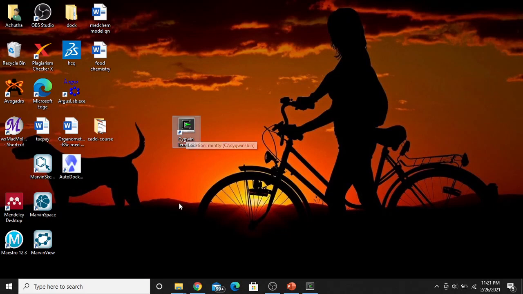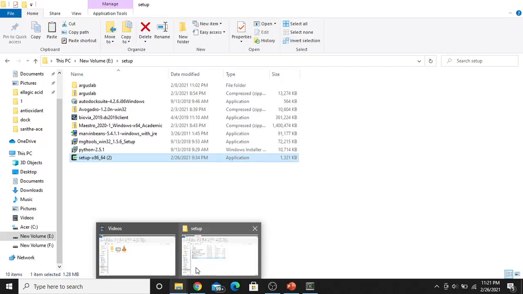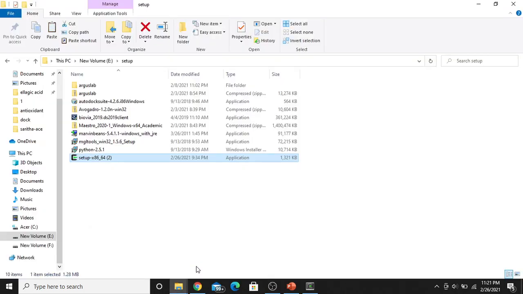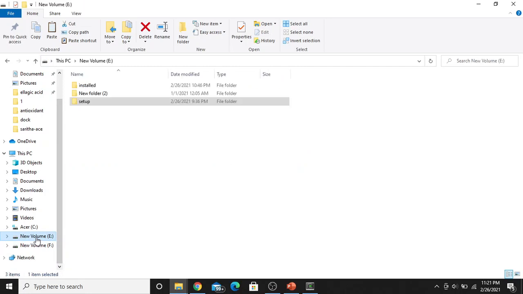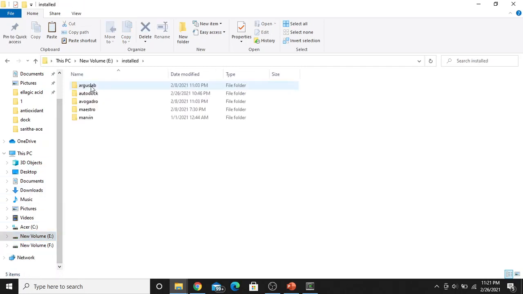Now before proceeding to Cygwin, you need to copy the AutoGrid and Autodock application files to your working folder. For that, you go to the drive where you have installed Autodock. I have installed it in E. Inside it, I created a folder and then installed Autodock inside this.